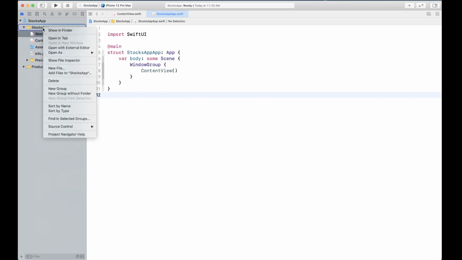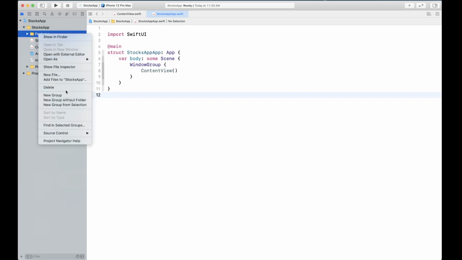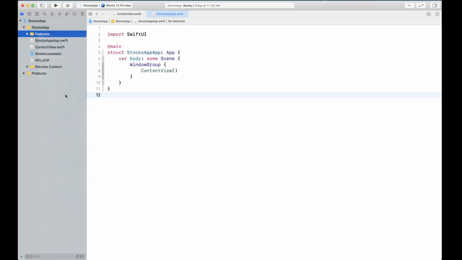So we are going to create a new group, and we can call this one Features. Okay, and each feature is going to have its own models and its own views folders, subfolders. So for example, we're going to add another group, and the first group that we're going to add, maybe it'll be Quotes.